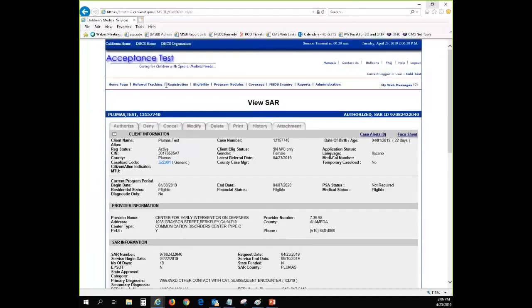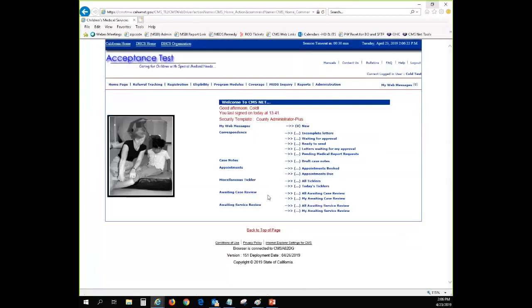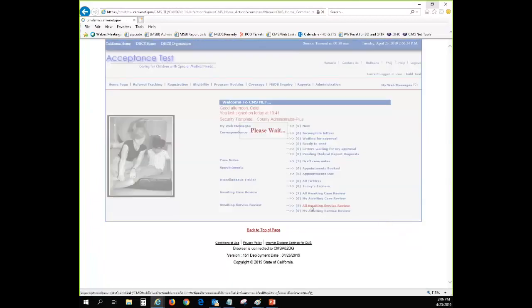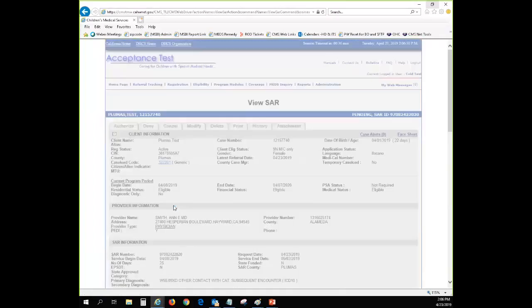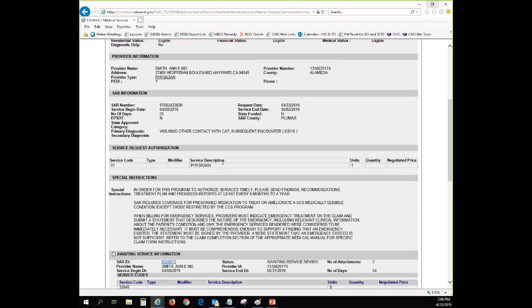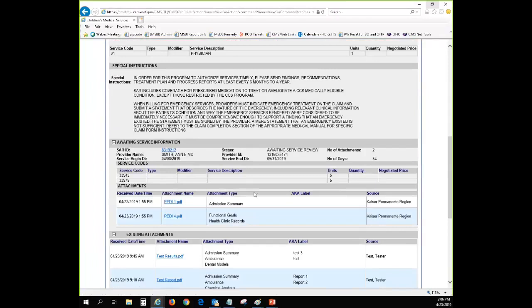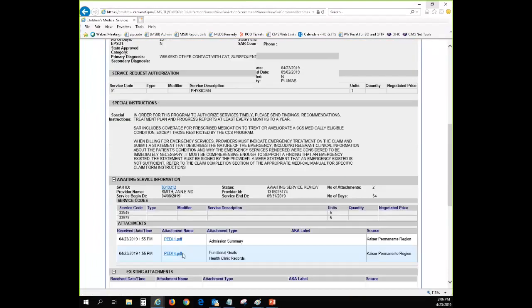Okay? Another example, since we have one here, let's go ahead and view another modify request and see what this one's about. So I'm going to click on that modify request. And like I mentioned, you can come here and view. So they sent in two attachments. Looks like they sent in some service code updates as well. And also,